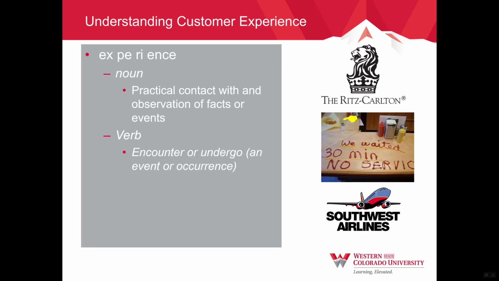But let's talk a little bit more about customer service and understanding what that means, right? So you can go over there on the right-hand side: waited 30 minutes, no service, right? Thanks for the ketchup and mustard on the counter, even though there appears to be some food that's being pointed at by that yellow finger, right up there. Who knows? That could have been somebody else's. Hard to say. But how do we provide excellent customer service? And certainly what the Ritz-Carlton might provide, this upscale hotel chain, versus Southwest Airlines, which is a more economy airline,